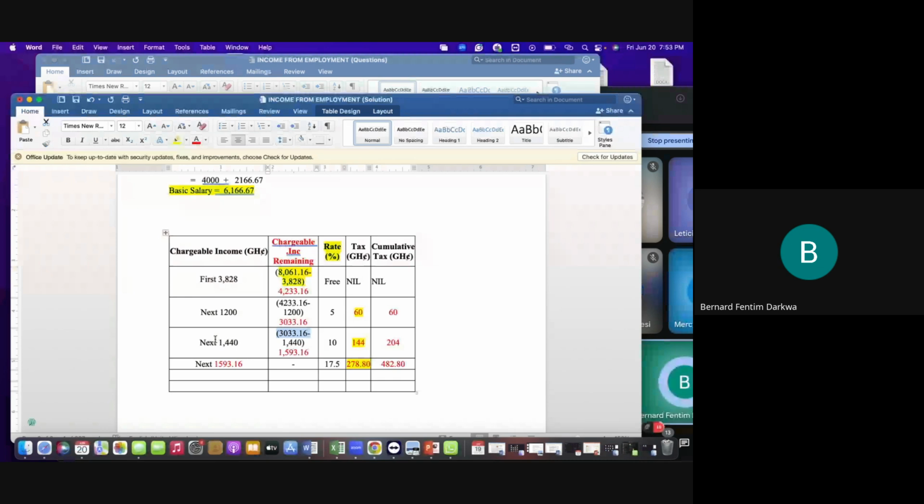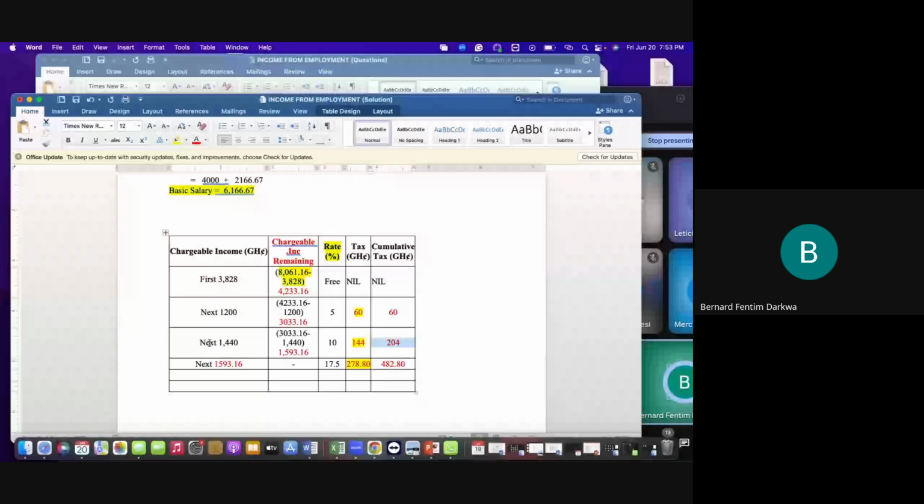Then when you take the 1,004 from this, you start 10% on the 1,004. So when you start 10%, you get 144. But now when we take this 1,004 from this 3,000, you see that the balance level is 1,593. But the next range, if you look at the table, the next is supposed to be